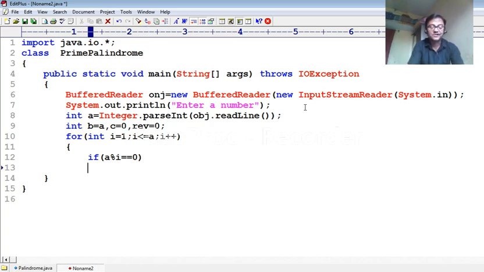Then perform the counting process. So you may write c++ or c plus equal to 1 or c equal to c plus 1. All the code that I just told you increases the value by 1. So if this number is a factor, then definitely the value of c will increase by 1, and then close the curly bracket.